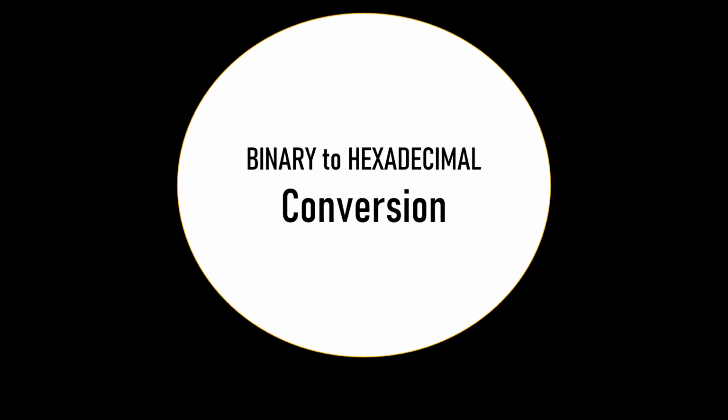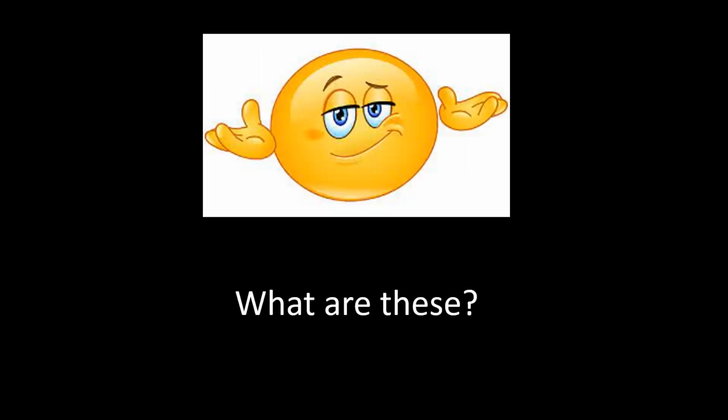In this video, let's talk about converting binary to hexadecimal number system. What are these? The last time, we have learned binary numbers, and we know that it consists of only digits 0 and 1